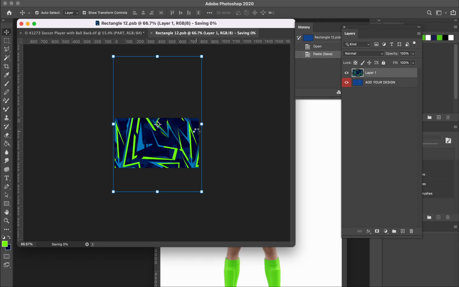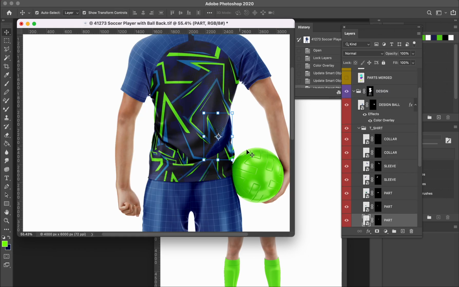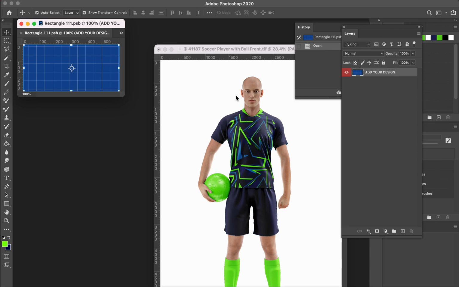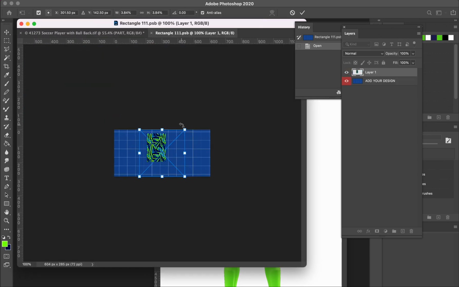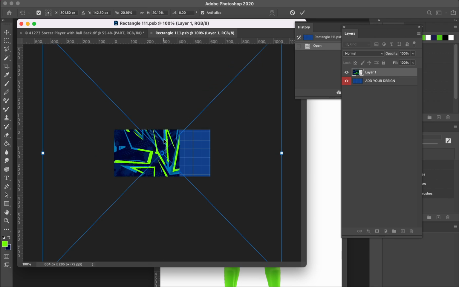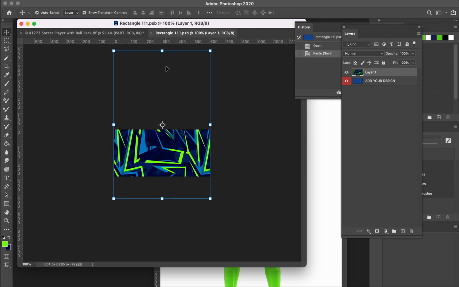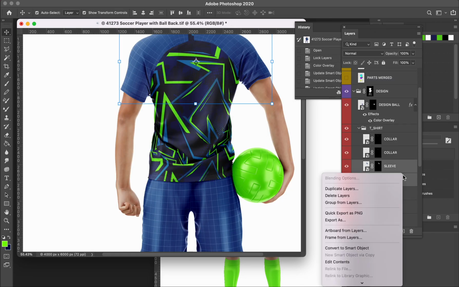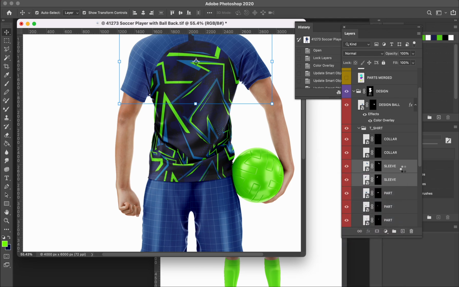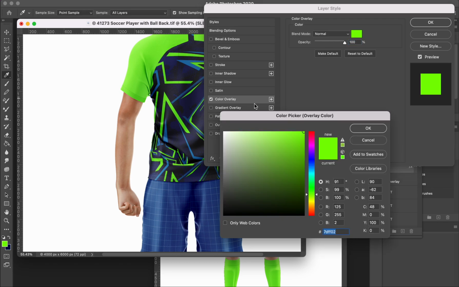Now Control S, so we have this last part, I think, and just adjust for the last time. Enter, save, close. Then the sleeves, right click, convert to smart object, then double click, then color overlay, then apply